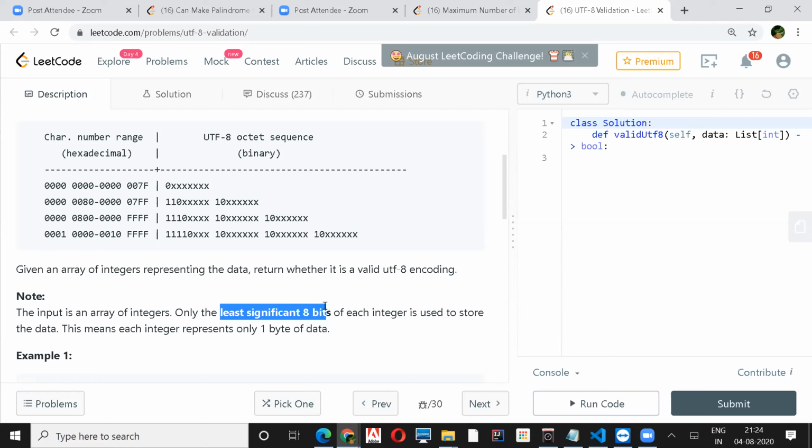It looks straightforward, but how do you extract the first 3 bits for the second case, the first 4 bits for the third, and the first 5 bits for the fourth?